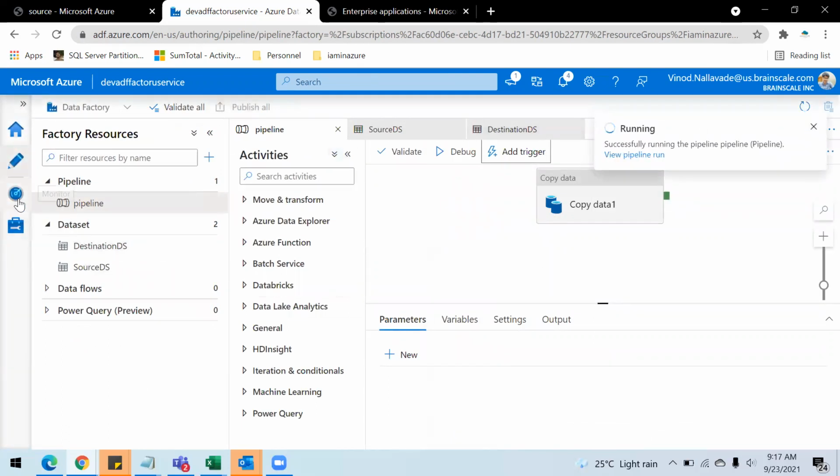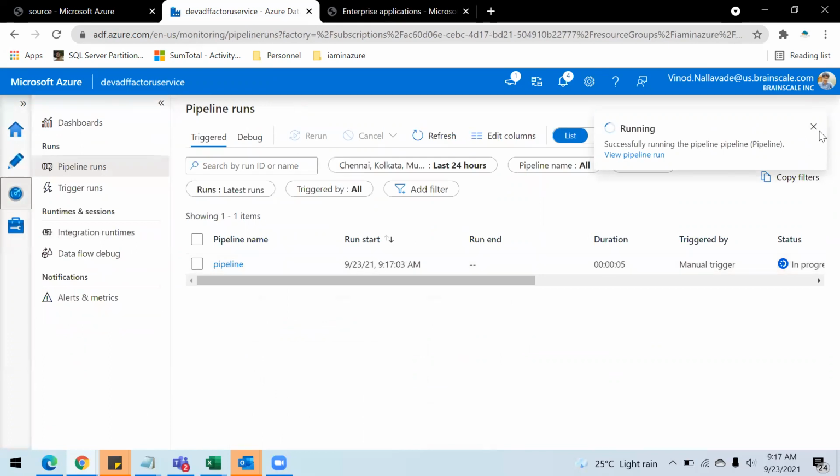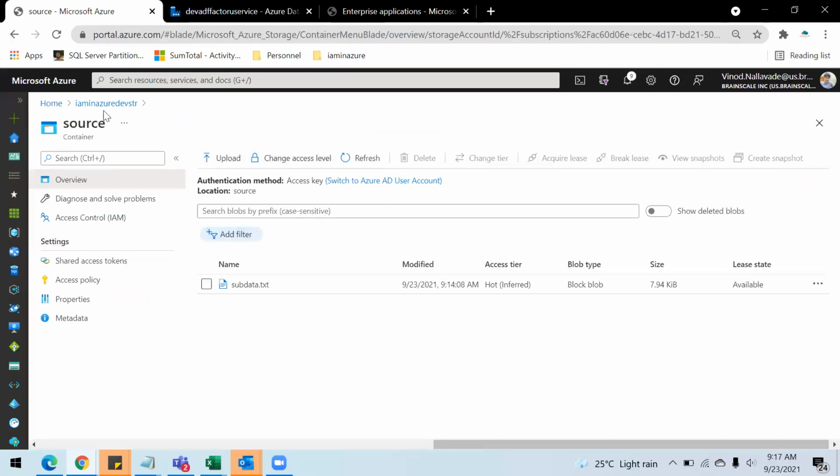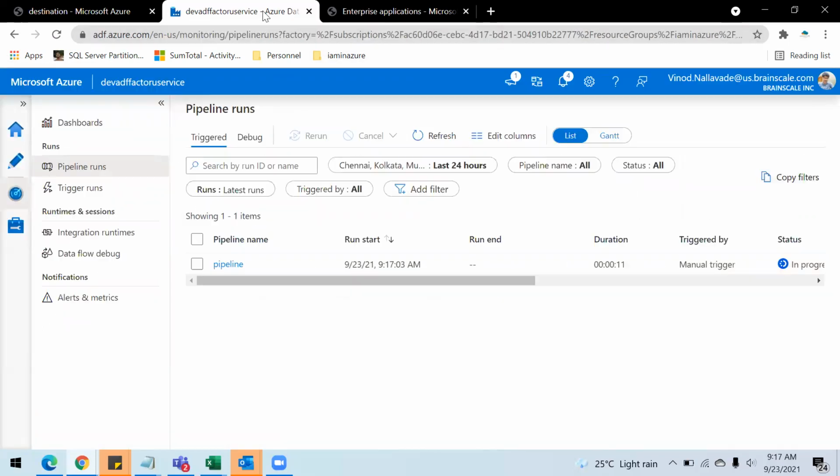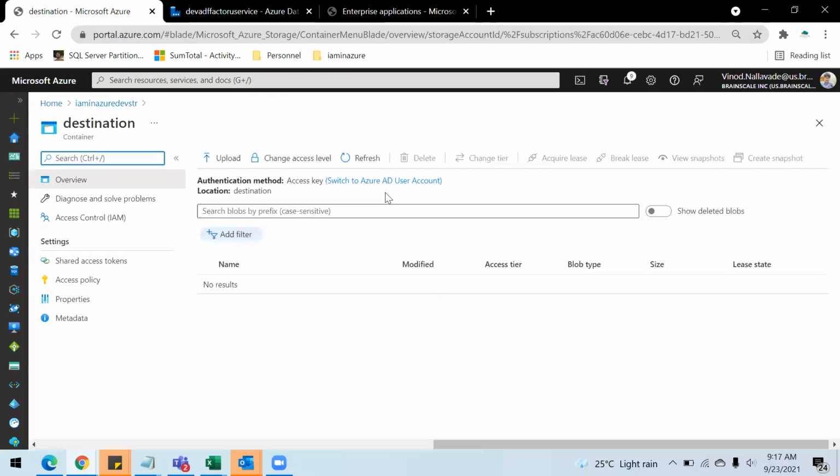Let's just run this and see first. When you go to the monitor section, this is in progress. Let's go to that destination file. For now nothing is showing up. Let's refresh. Okay, now it is succeeded. You will be able to see the file that we have uploaded.